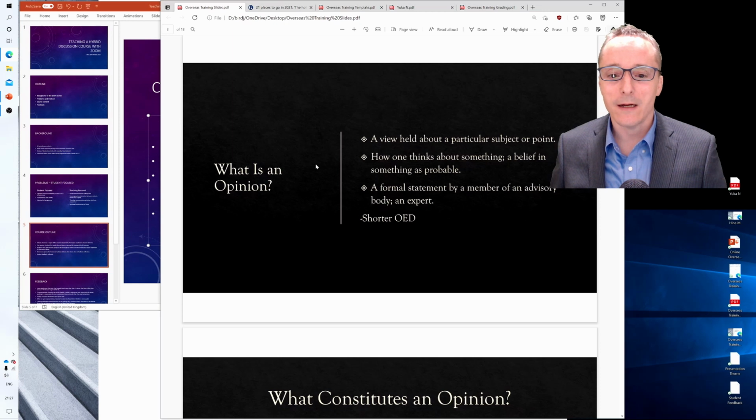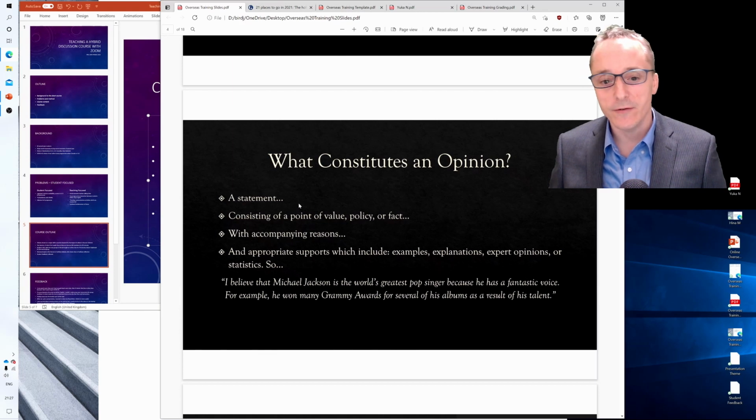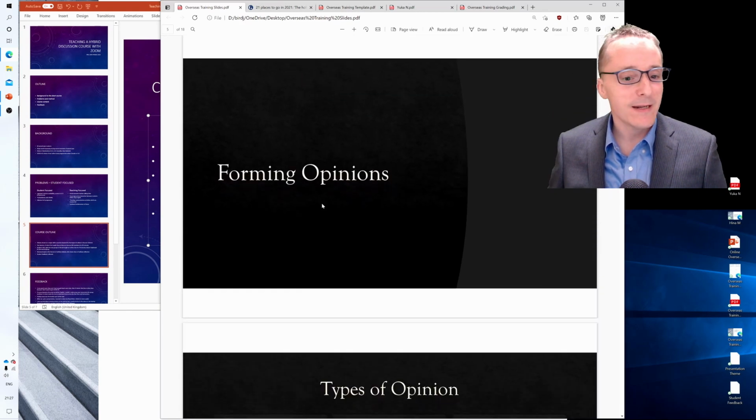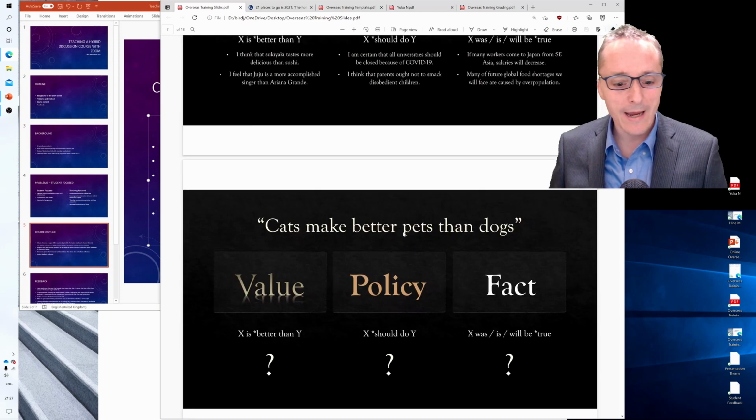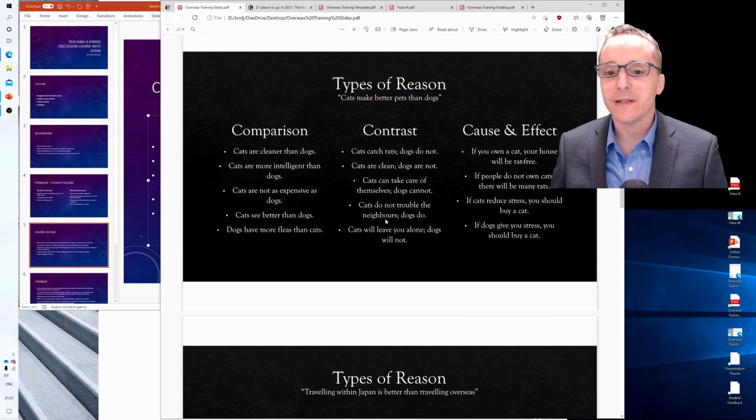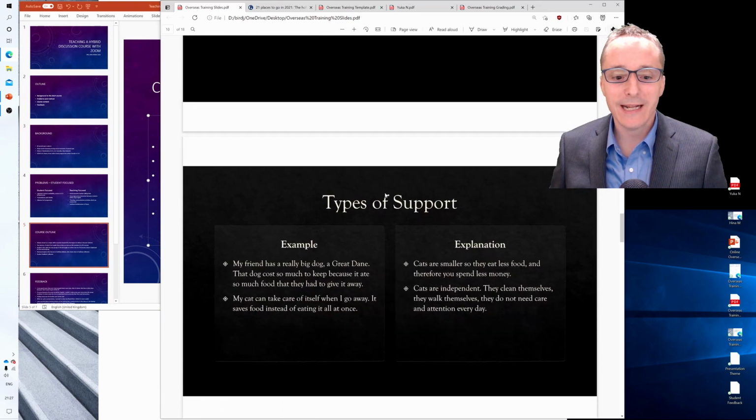Specifically, I instructed them on what an opinion is, what constitutes an opinion, and the main points were how to give opinions on value, policy, and fact. The key point I wanted them to take away from here was the various structures underneath. So X is better than Y, X should do Y, X will be true. The students were encouraged to use these structures. Having done that, and developed their own, giving them examples,